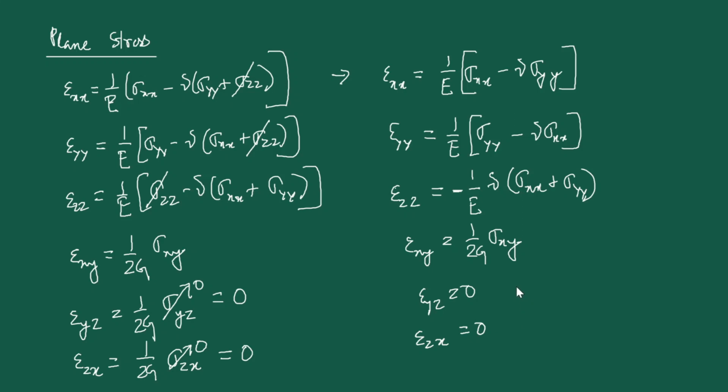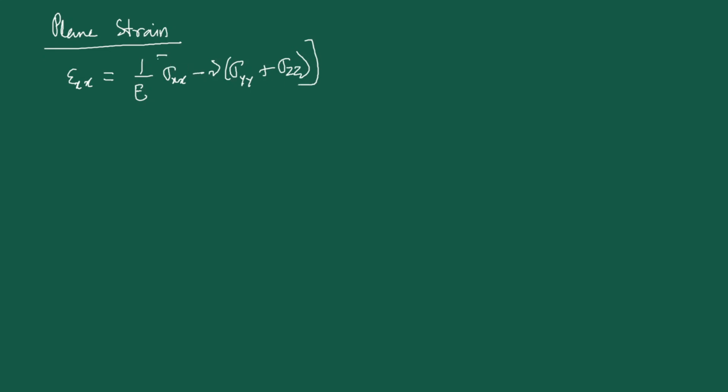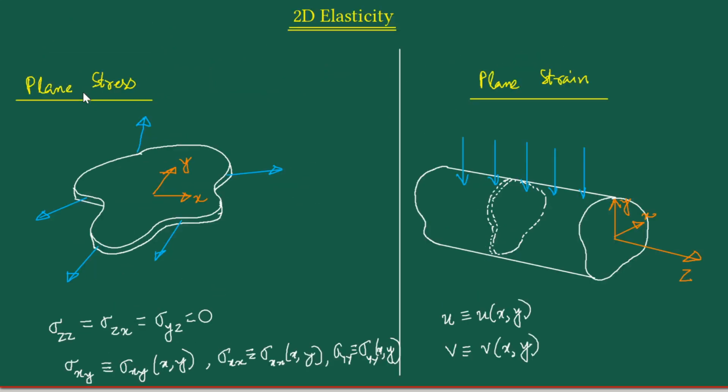All right. Next, similarly, for the plane strain case, let us look at that quickly. For plane strain, what we have is again, we'll again begin with this generalized Hooke's law form. Now you see that I cannot say anything just by using this equation itself, because if we go back to the first page here, you see the u is a function of x and y, the v is a function of x and y.